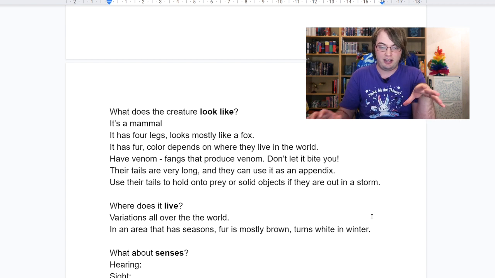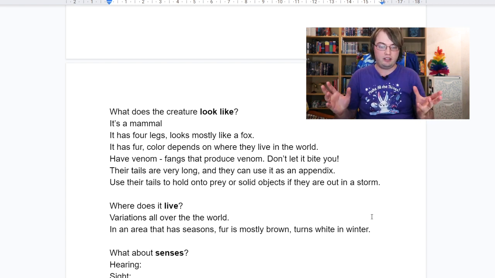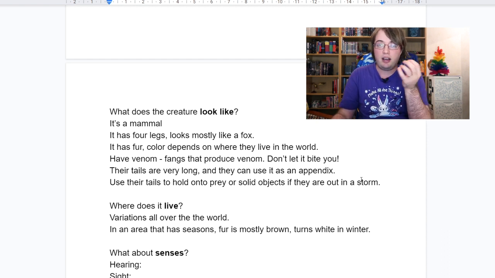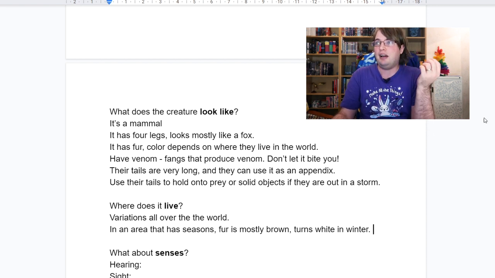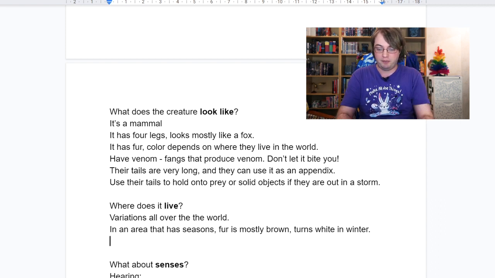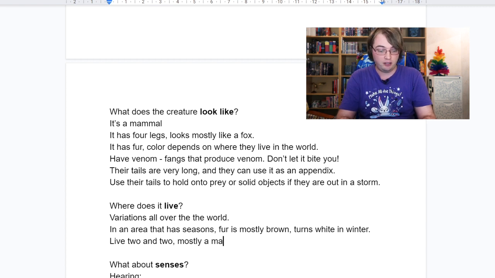And the next part of where they live is, do they live alone or in communities? There I did a little bit of research on foxes off screen, and foxes are mostly solitary. They live alone, and then they get together to have kids, and they raise their kids. And generally they will mate with only one other fox. They're monogamous. So I'm going to make these creatures live together in couples. So they live two and two, mostly a male and a female, but I'm sure that varies as well. And they will mate, and they will have kids,